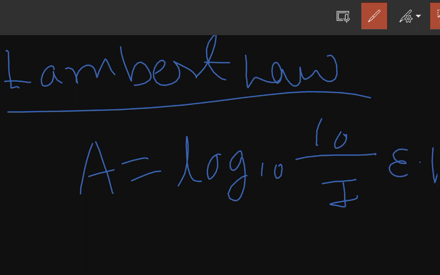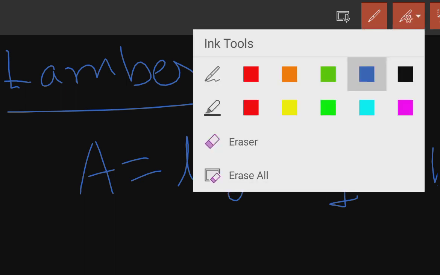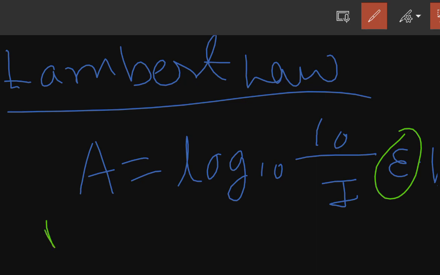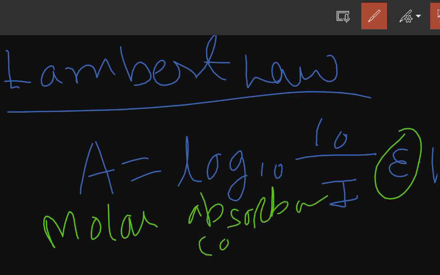Here E stands for the molar absorbance coefficient. So this is something new. What does E refer to? E refers to the molar absorbance coefficient, whereas C refers to the concentration of solute. I will explain that later. Whereas L here stands for the length or thickness of the liquid. So this is the Lambert law: the amount of light that is absorbed is directly proportional to the